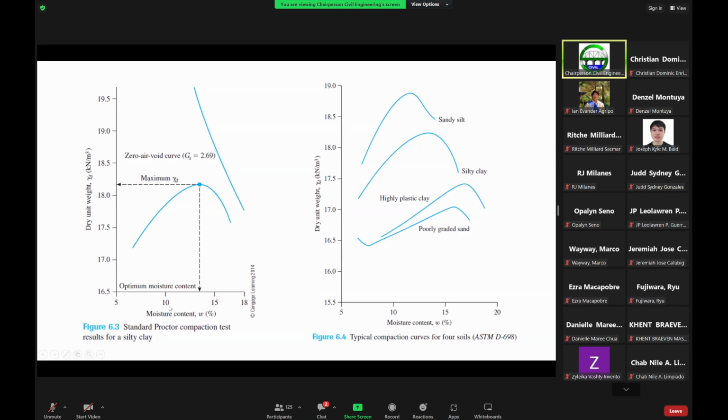Please take note, you need to get about 5 to 6 points, and each point is quite tiresome to get. Then after you get the last point, when you plot and it goes beyond this line, you have to repeat the process. So please make sure that you do the right approach when you do this in the lab, so that you will not be tired. This was usually the most tiresome test in the lab that we do.